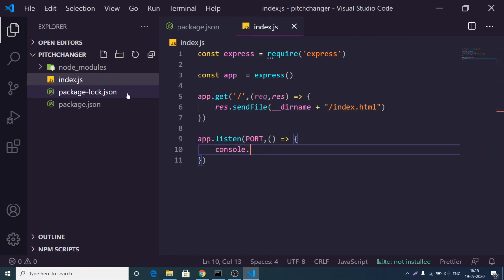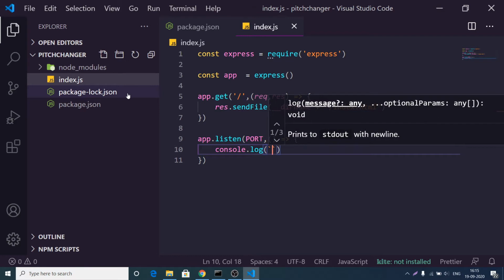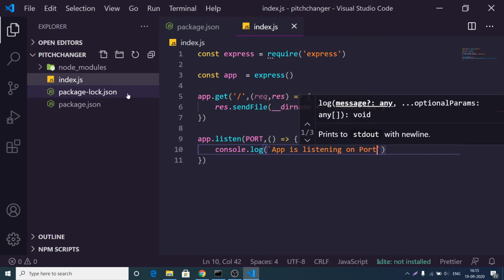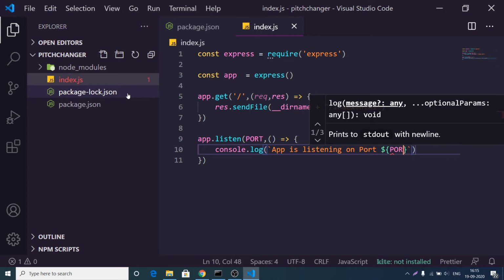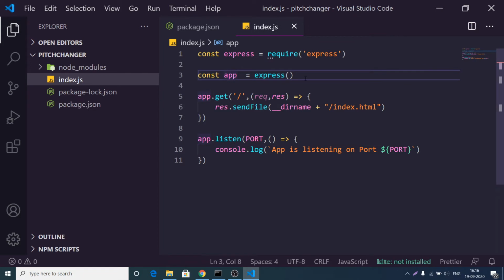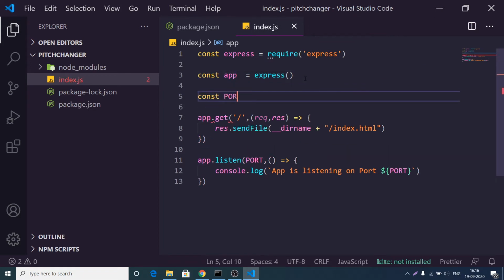Here we can console log inside backtick symbols that app is listening on port, and this port is a dynamically put variable. So we need to create this variable, which is port number. Port will be equal to process.env.PORT, or run this on 3000 if you are running on a localhost environment.